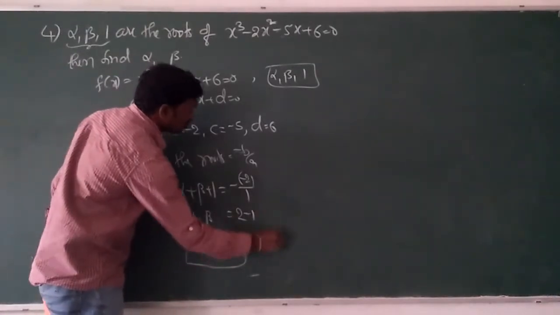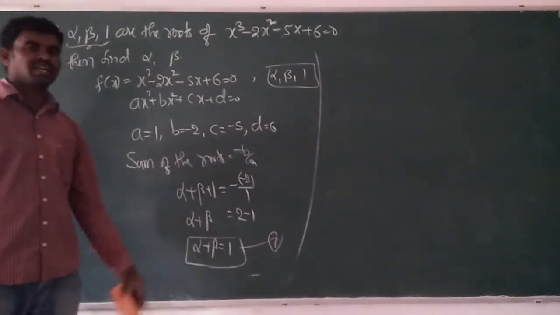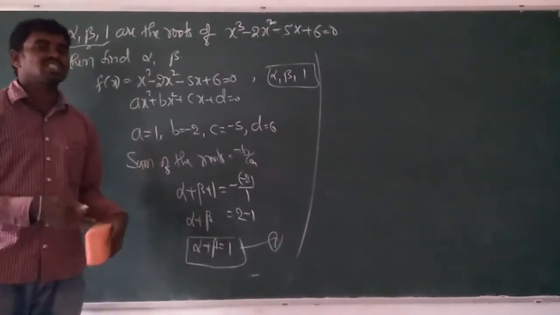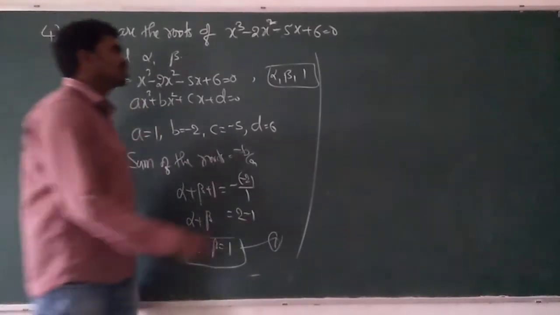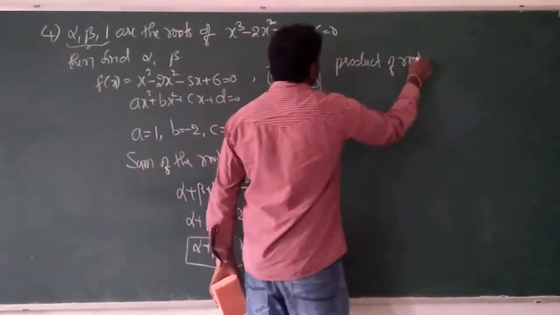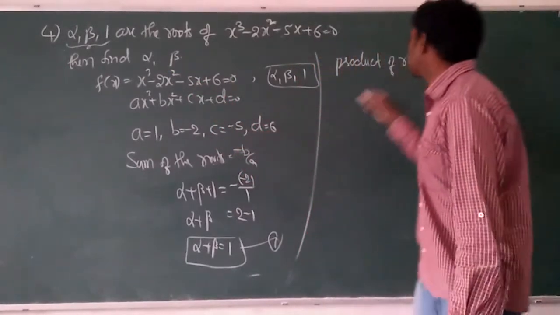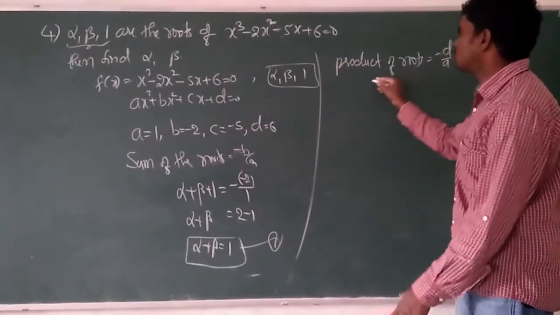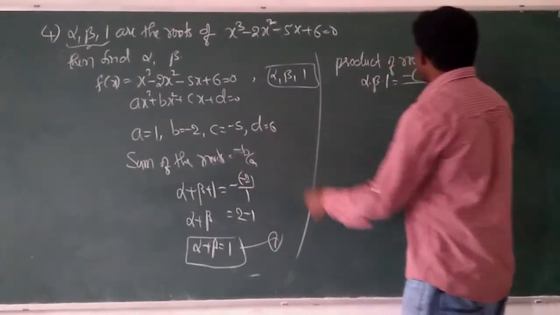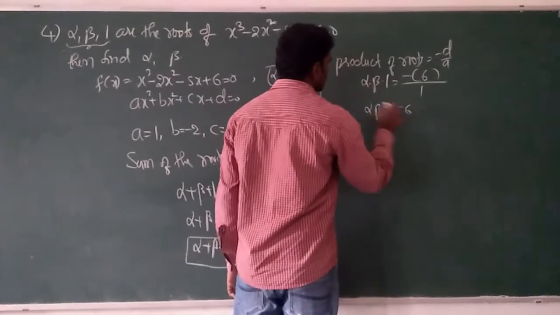Okay, now let us call this equation 1. By using only a single equation we can't find the alpha and beta values, so take one more condition. What is the second condition? Sum of the product of two roots. What is the third condition? Product of three roots. So the third condition I am taking, the product of roots. First one minus b by a, second one c by a, and last, product, minus d by a. Product means alpha into beta into 1, and minus d means minus 6, by a means 1. So we get alpha into beta into 1, that is alpha into beta is equal to minus 6.